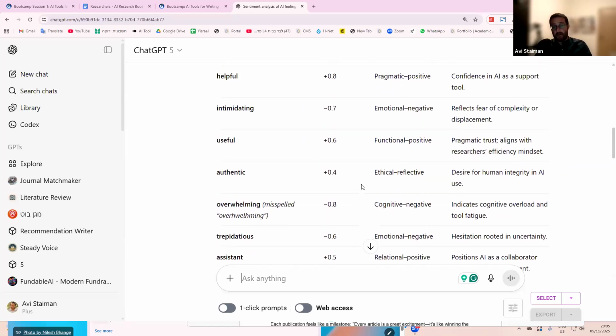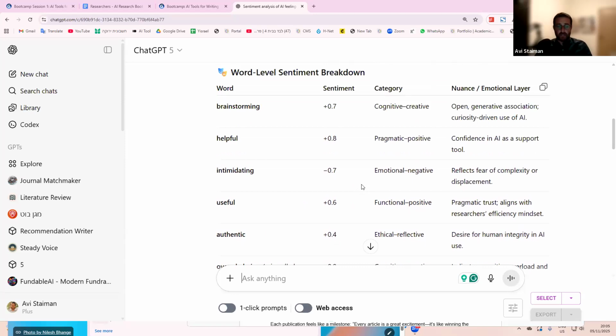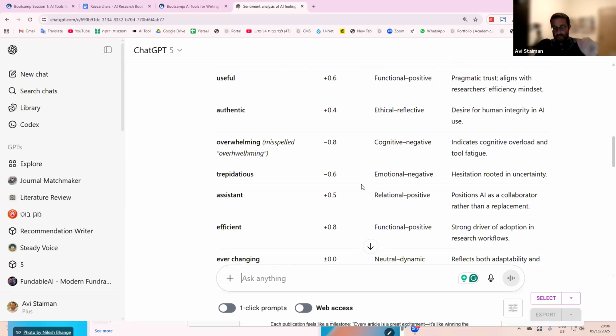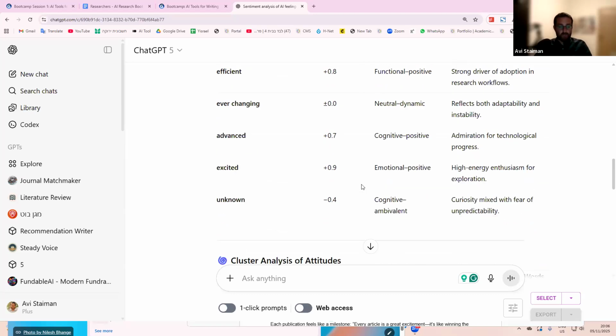Now, what's interesting here is that I can actually look through and see, well, does this add up for me? Maybe I would have put authentic at plus, I don't know, 0.07 instead of 0.04, right? So I'm not saying that what's here is going to be the gospel, but we're going to want to look at it carefully and see, okay, what are we getting here?